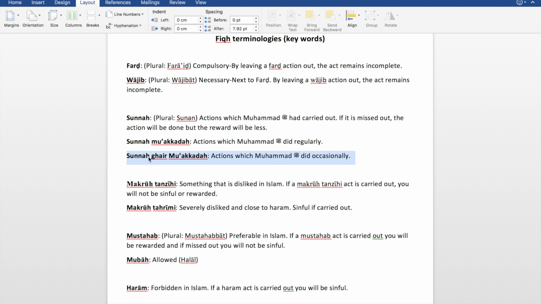So this is Sunnah Ghair Mu'akkada. Sunnah, obviously you know what that means. Those things that the Prophet ﷺ used to do. Mu'akkada means emphasized. Ghair negates it. Those sunnahs which aren't heavily emphasized. They're not as important as the first category of Sunnah Mu'akkada. So you can write it down, make a note what Ghair means.